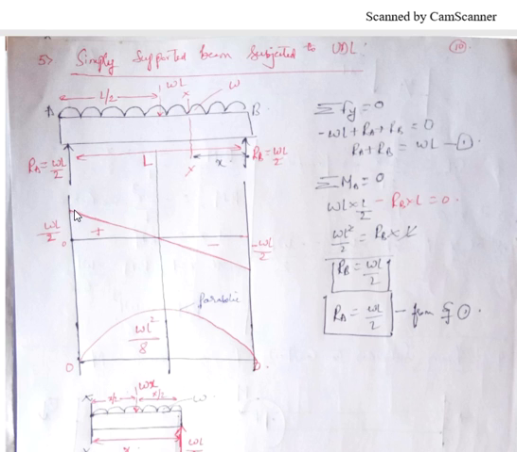Okay, look at the variation again. Whenever the beam is subjected to UDL, the SFD is linear. Even for the cantilever beam, the shear force diagram was linear. And BMD is parabolic. For both simply supported and cantilever beams, the variation for UDL was parabolic, and here the maximum bending moment is at the center, and the value is WL square by 8. If the beam fails because of bending moment, it is going to fail exactly at the center. Okay, this is about today's class.